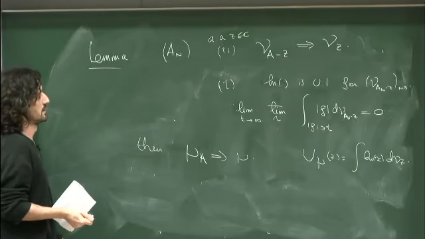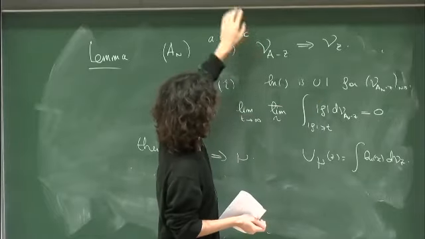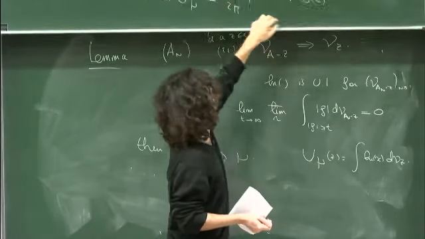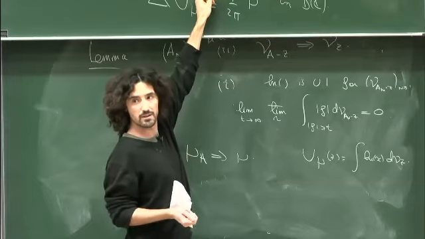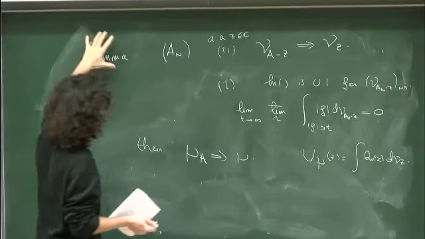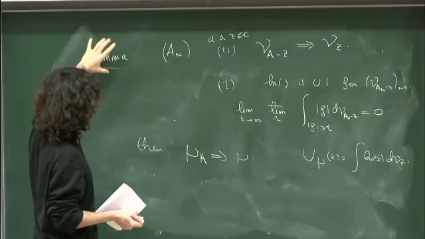Okay. So there is one trick here in the lemma. It's not completely obvious because you have to check that the uniform integrability of the singular values implies the uniform integrability of the eigenvalues. And this is the only mathematical content of the lemma, and it comes from the Weyl inequality.